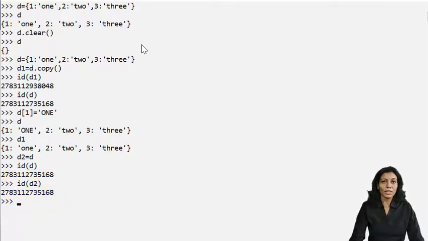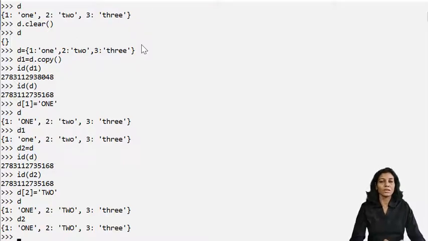So if I change any value of D, it will affect D2 as well. Now I will modify D of 2 to capital TWO. Now D is this, and what will D2 be? It is the same.